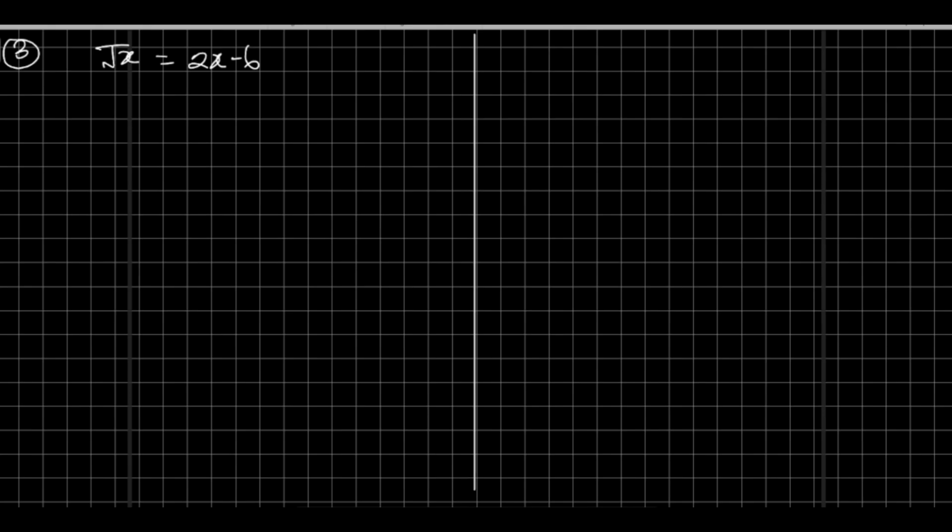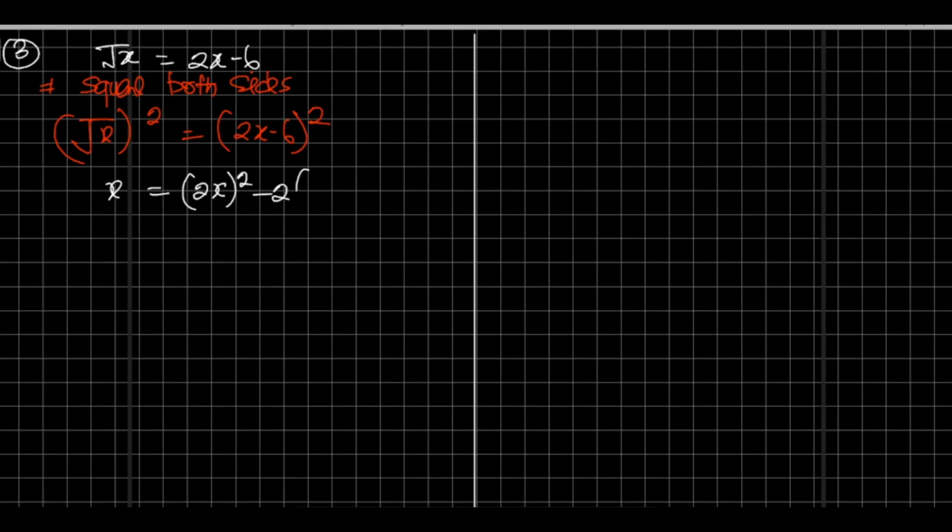So this is going to be a little bit tedious because we have the x under the square root. So what we're going to do is to remove the surd. To eliminate the surd, we have to square both sides, okay? So you square both sides, we have square root of x squared equals 2x minus 6 squared, okay? And then we have the answer. So square root of x squared will give us x. 2x minus 6 squared, if we apply our method, is 2x squared minus 2 bracket 2x times 6 plus 6 squared,